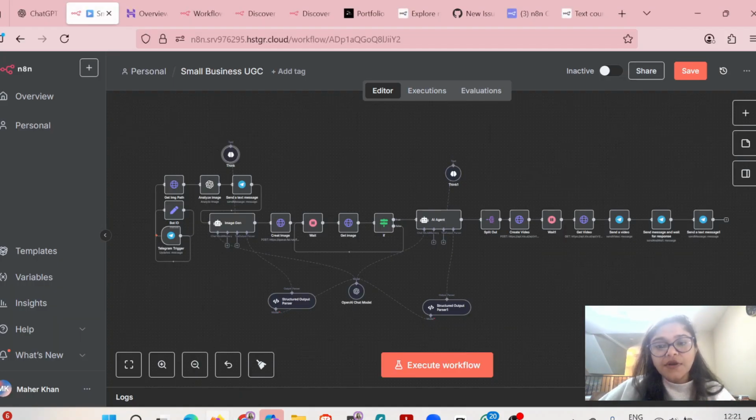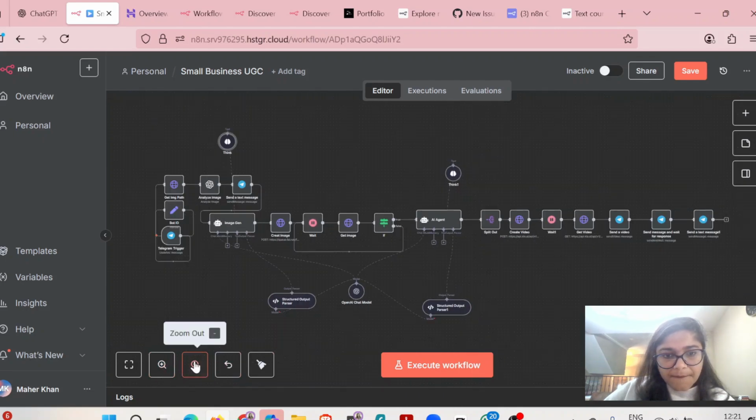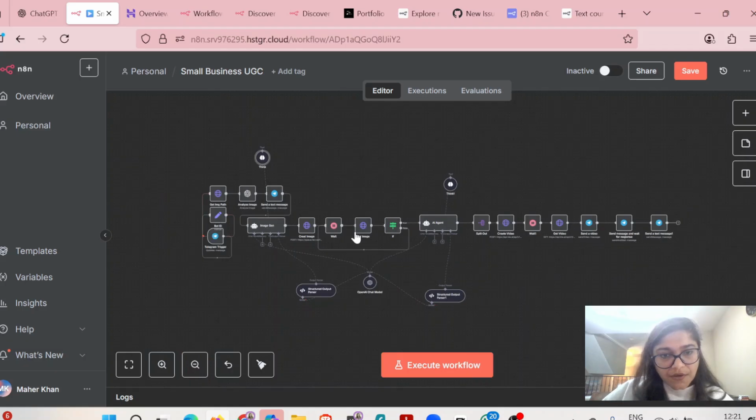For this is your workspace, and here you're having different nodes. Now you can say, man, there are so many nodes, so do I have to pay for each? No. Like right now, it is around 20 maybe nodes. These are the nodes. So these are different nodes, but it's starting from here and finishing over here. So it is one execution. So you have to pay for each execution.